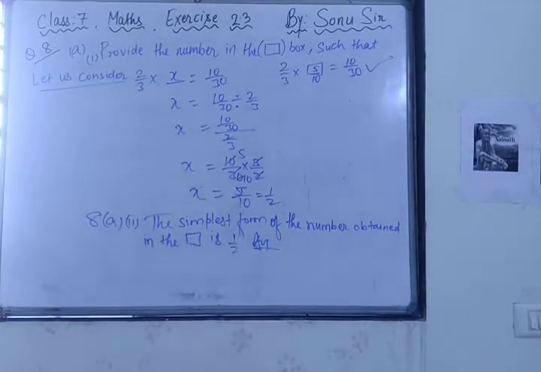Is there any doubt? Now tell me. See, the process you should understand. What is the answer? You should not focus on that. If you understand the process, then you can do anything. See, there was only one number confusion: instead of 30, I had written 3. And if I change it to 30, then you can see, if the process is right, there is no difficulty. I hope all of you understand.